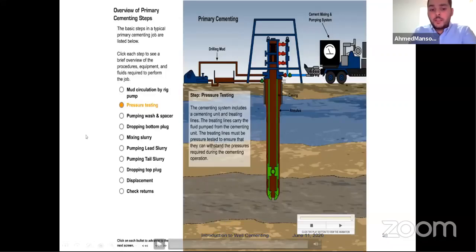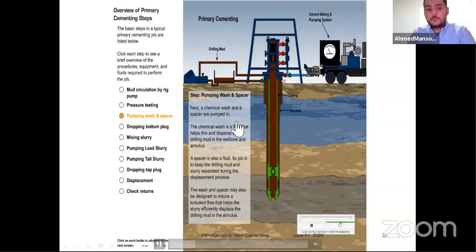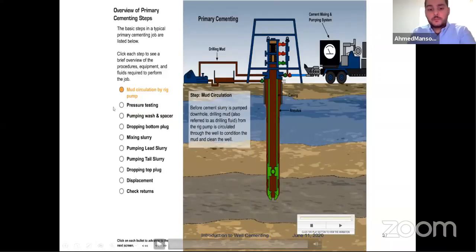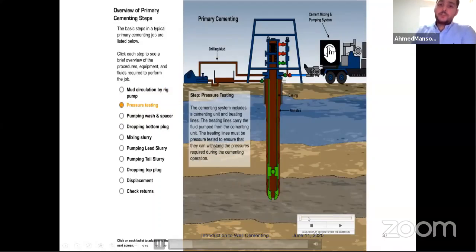And if you can see here, this is the gauge of the pressure. We apply pressure. If no decrease in the pressure, that means we don't have any leakage in our equipment. You can see here high pressure and no leakage or decrease in the pressure. That indicates that we are good to start our cement and we don't have any leakage in our iron. After that,